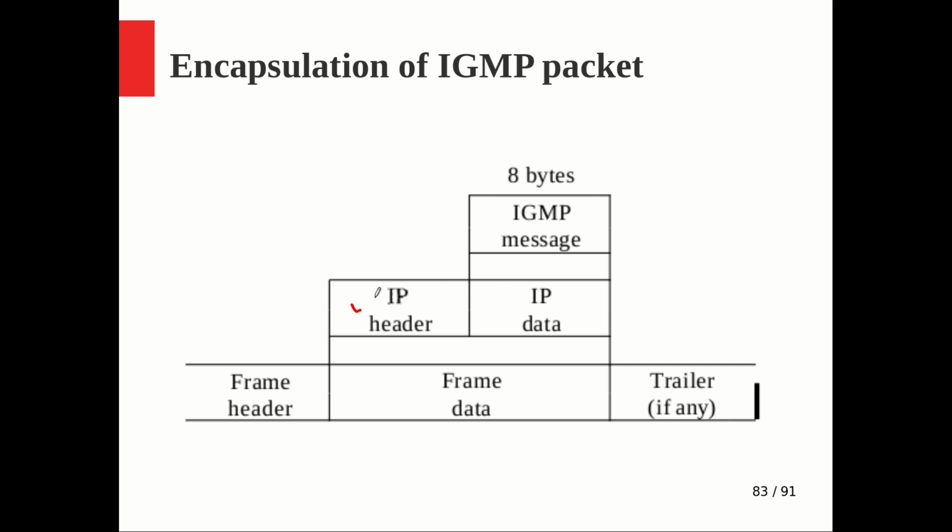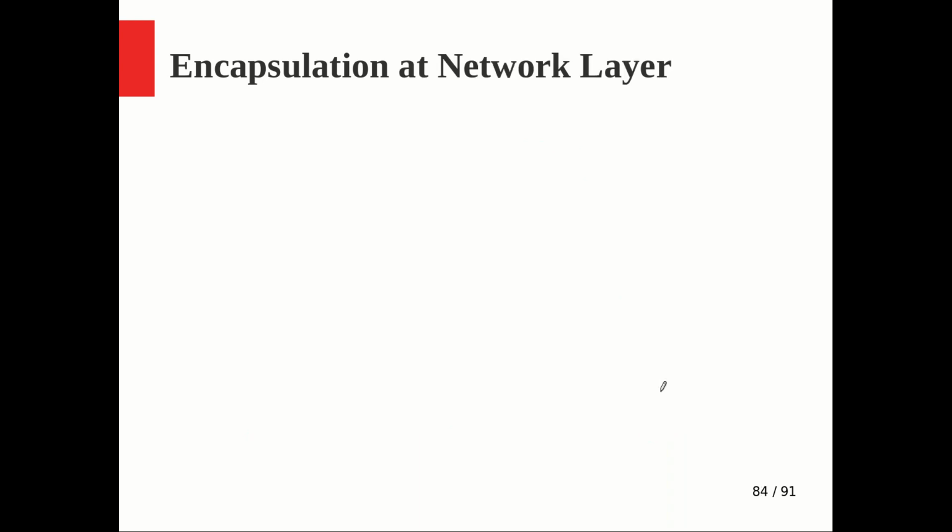For that purpose we will be adding an IP header over the IGMP. IGMP is typically 8 bytes of data, with the structure we have already seen. That will be encapsulated as IP data, and the IP header will be added. But when it comes to the data link layer, we have to take the support of Ethernet or some other data link layer protocol for further communication. In the Ethernet frame, the whole thing will come inside the frame data, and in addition we will add the frame header and frame trailer. Together it makes the complete frame. So this is how the encapsulation is done.